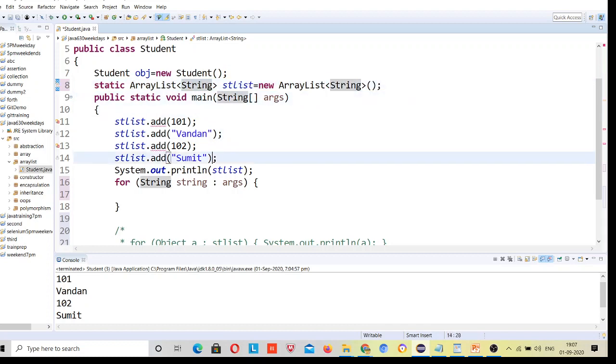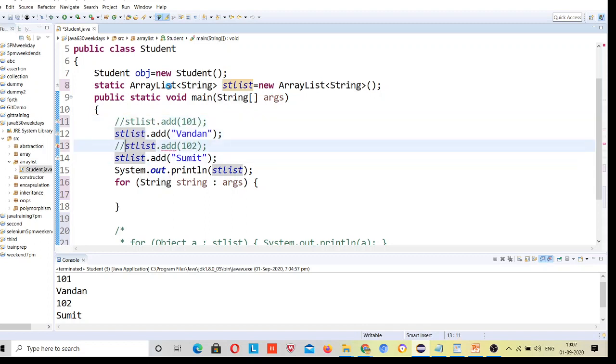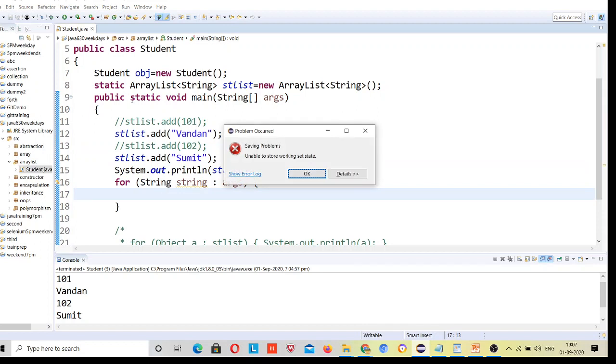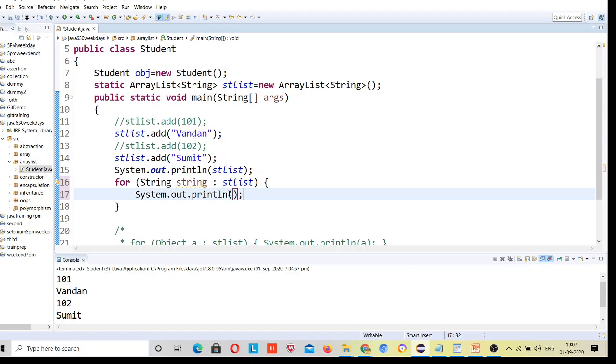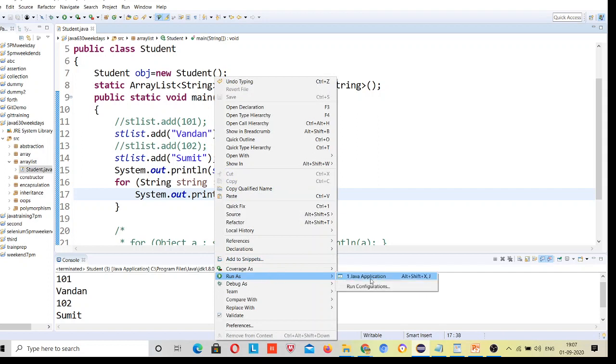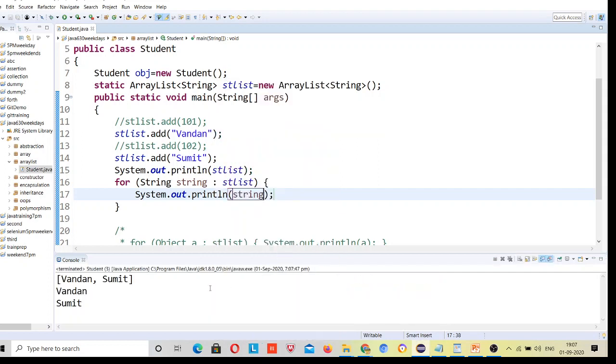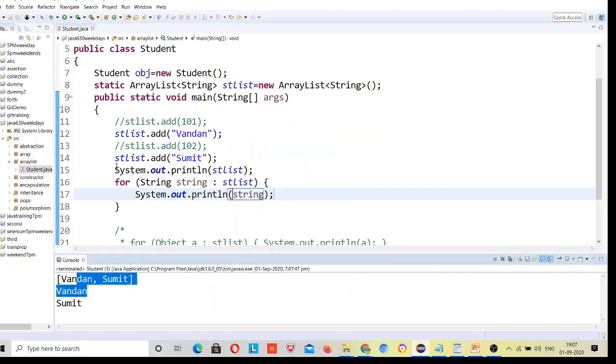So you need to remove this first, and provide this list here, and sys out string. Now print it. You can see Vandan and Sumit were printed. Let me comment this.